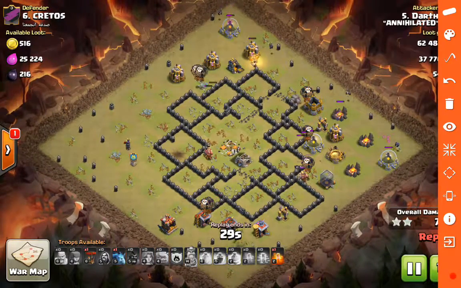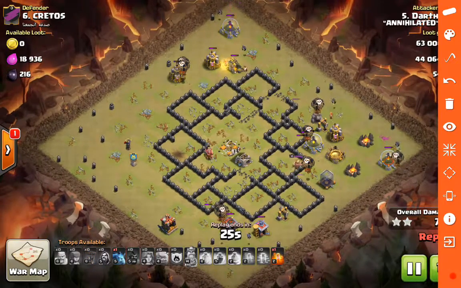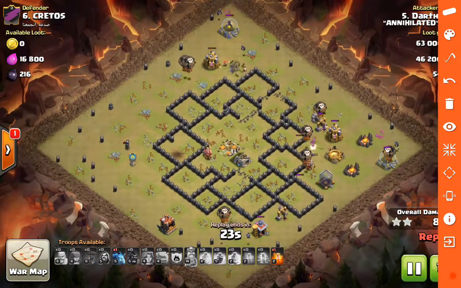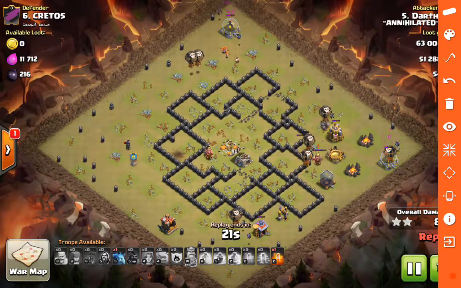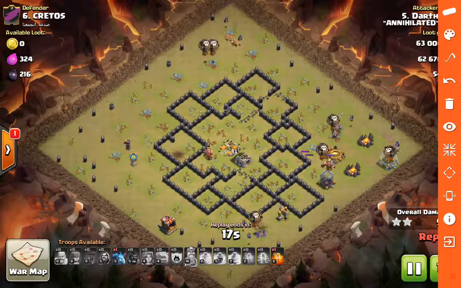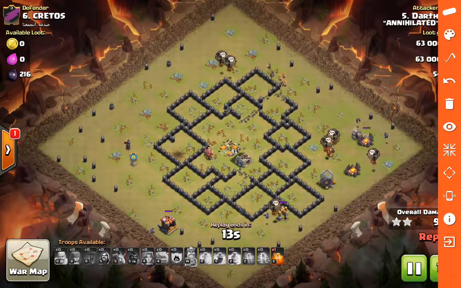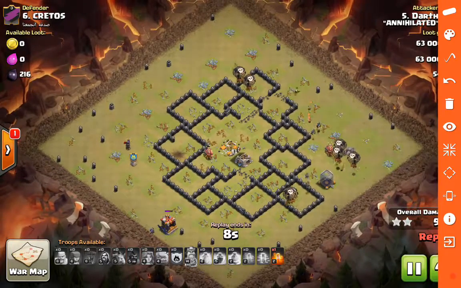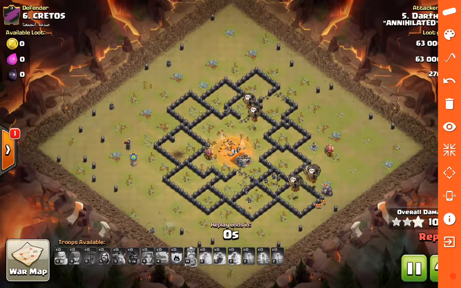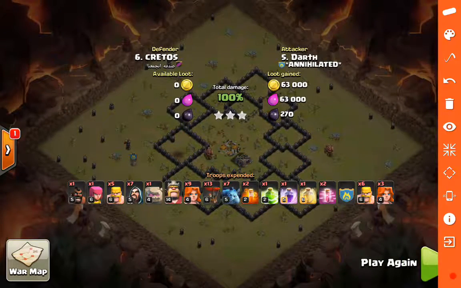So again, poor base design, but still able to be 3-starred by the number 5 attacker to the number 6 base without an archer queen, because of bringing an army composition that exploits and capitalizes on the weaknesses of the base. So we'll go ahead and forward to the end of that and give you that first look there at a no hero or no archer queen attack there. Then we'll go ahead and move on up